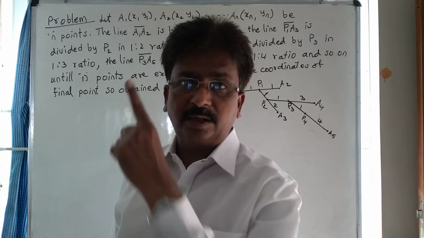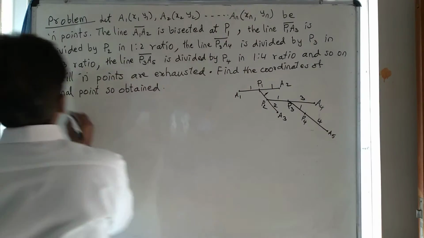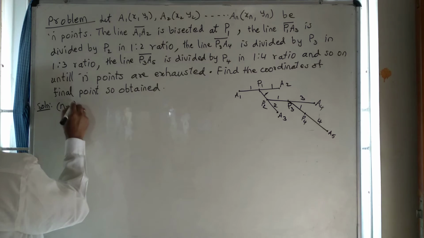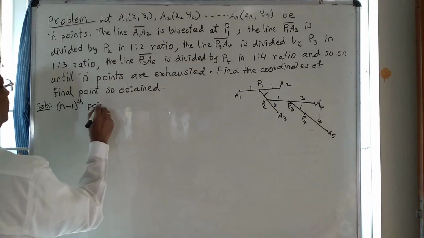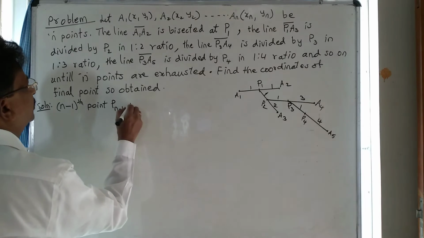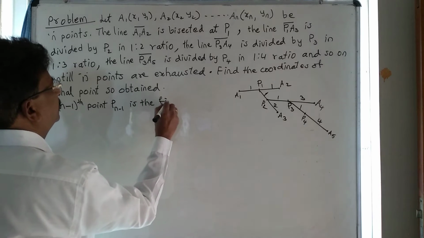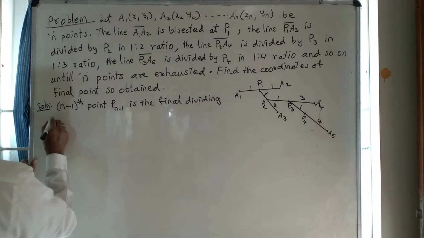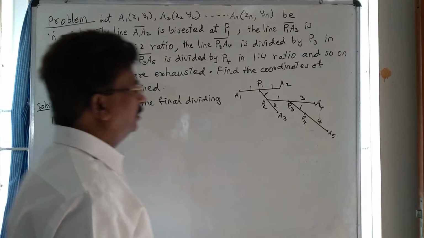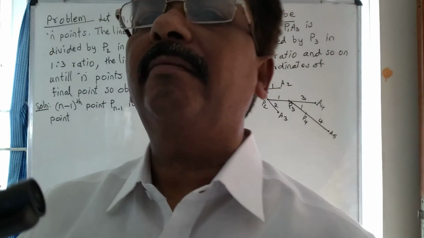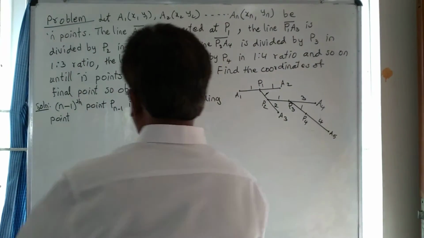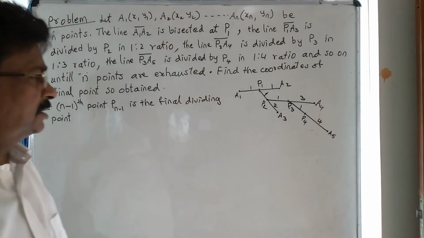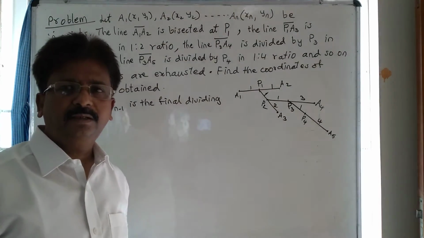Now first let us write that one. The n minus 1th point, that is Pn minus 1, is the final dividing point. Okay, final dividing point. The n minus 1 point is the final dividing point. We want to write the coordinates of it. Okay. Now,